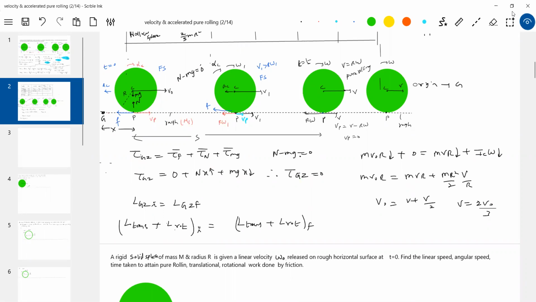How to find the time taken? Because friction only decreases this, what is the retardation? Mu mg, or mu g. Then I'll write the equations of motion and solve it. This is the conservation of angular momentum. In books, instead of showing this, they talk about point P. I think both are one and the same. Yesterday I concluded, either you find angular momentum about the axis passing through G or P, both are one and the same. Slowly, gradually, I'll shift the problems to this. Or if you're convenient about G only, you can apply it. But it's the best practice always to pick the point of contact. Because what you calculate is angular momentum about the axis passing through